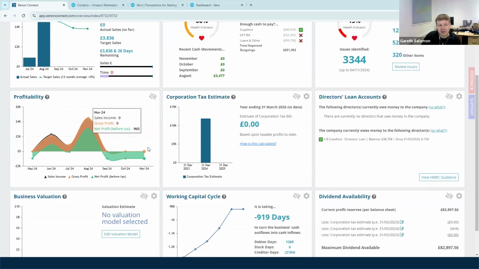We've got a high level of profitability, sales versus gross versus net profit comparison for recent months. Handy for the client, but also to spot anomalies. If something sticks out as a big drop in profit, maybe something needs prepaying or something, it can be handy for that purpose. Corporation tax estimate for the current and previous 2 financial years,